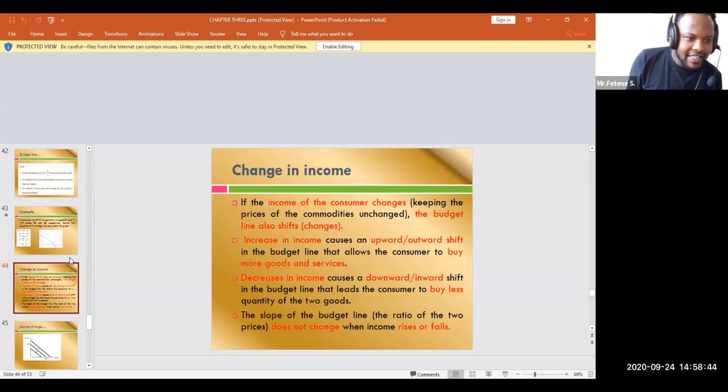So now, when we talk about the budget line, we have two things. The first one is